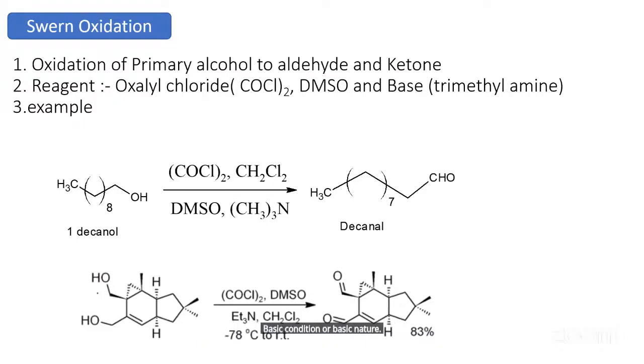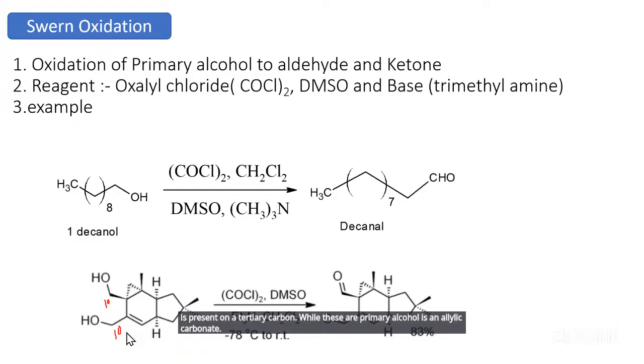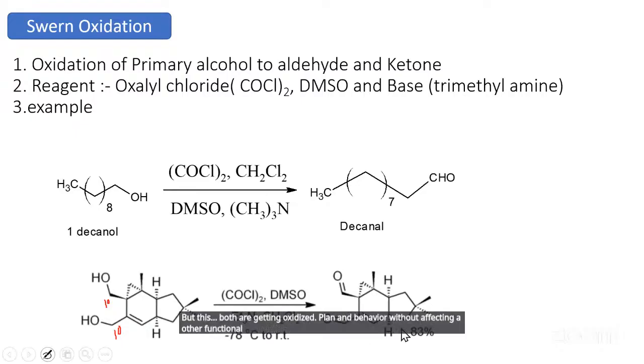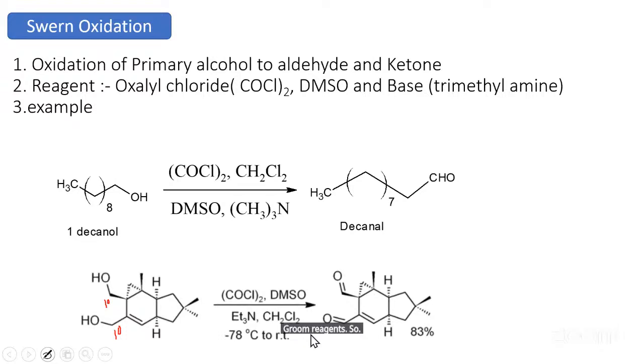In this second example, we observe that we have two primary alcohols. The two primary alcohols are different. How are they different in nature? This primary alcohol is present on a tertiary carbon, while this primary alcohol is an allylic alcohol. Both get oxidized to an aldehyde without affecting other functional groups or other oxidizable groups. So Swern oxidation is a good